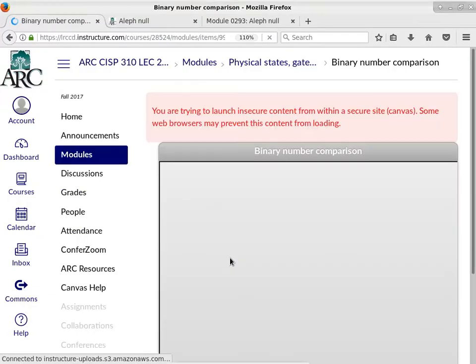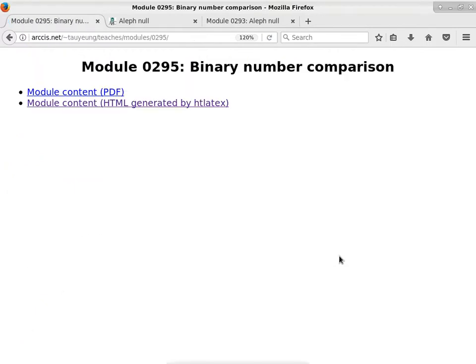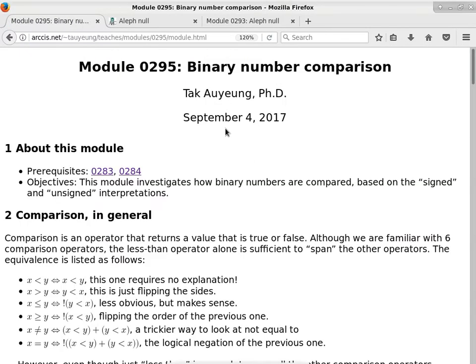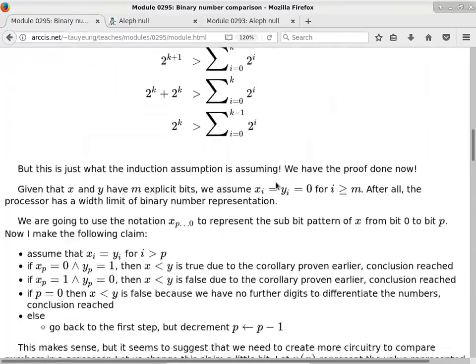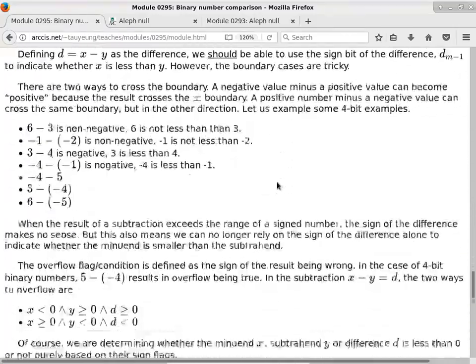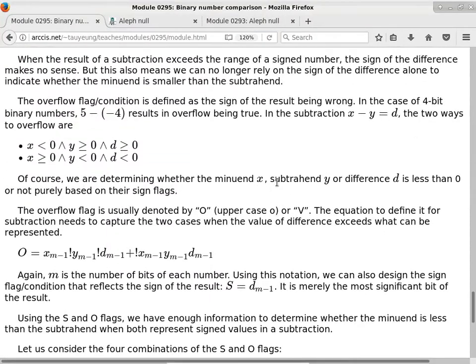The last thing we did was the overflow. The overflow was pretty much very close to the end of the comparison topic. So we are all the way down to here. The idea of overflow is when you have values after a subtraction that cannot be represented using a